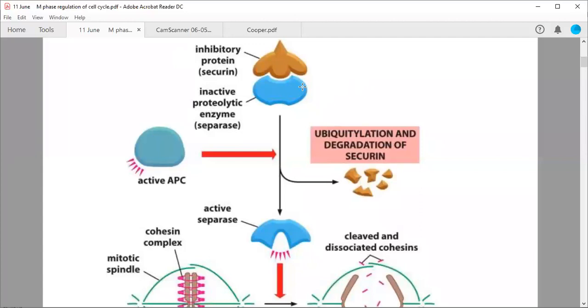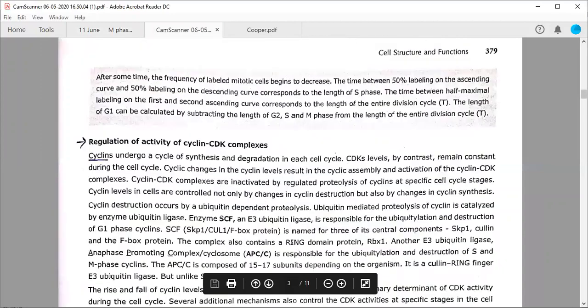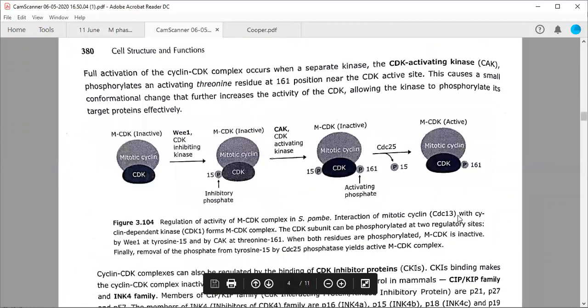I want you to note this particular point, that this is a cysteine protease. It is also written in your Pathfinder book. Okay, so if you move from here to here,